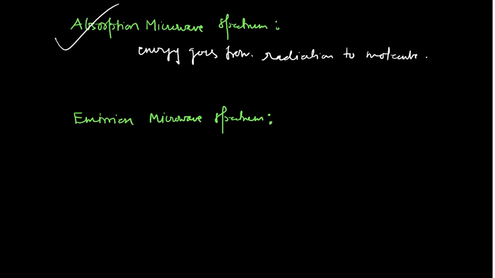Okay. And see the next thing that can happen: in the second instance, when the molecule goes to a higher rotational energy level, from there it falls back to the ground state, and when it falls back to the ground state, it will radiate some energy. Okay. And in that case, whatever spectrum you get would be the emission spectrum. So this is something very, very important.